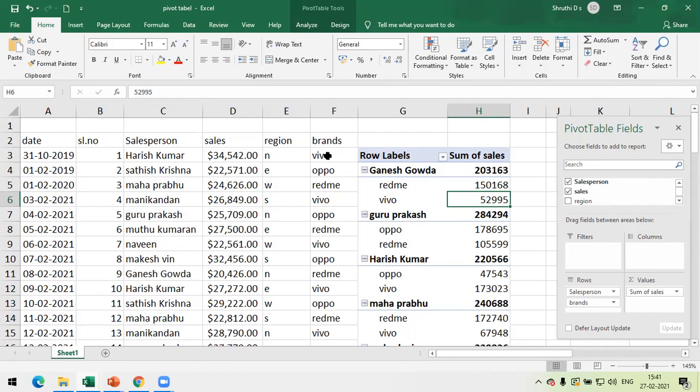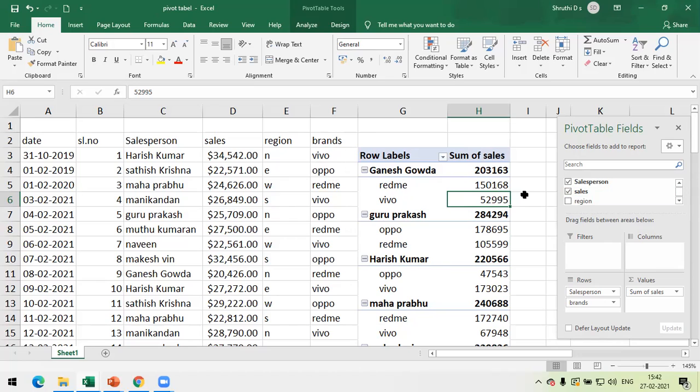If at all you want to change here, okay, you can do that, but we'll just learn how to do that later. Okay, so I have taken different salesperson, different brand, and I have a total of those brands, right? Sale of that, this is the sum of sales, means it is going to add those sale amounts, right? Sale amount, and in each brand it is showing.